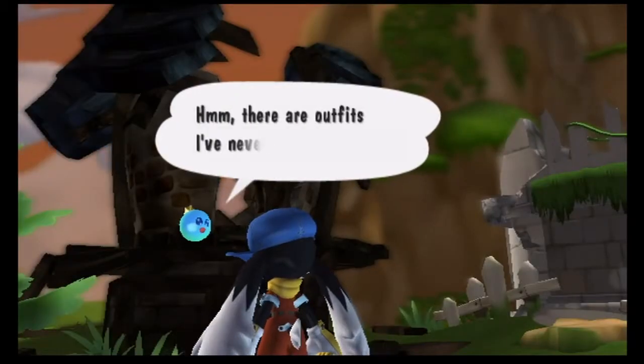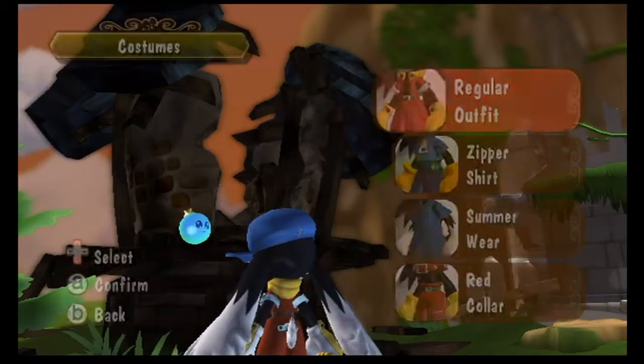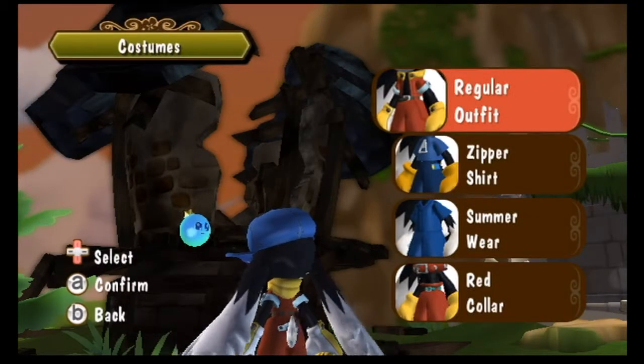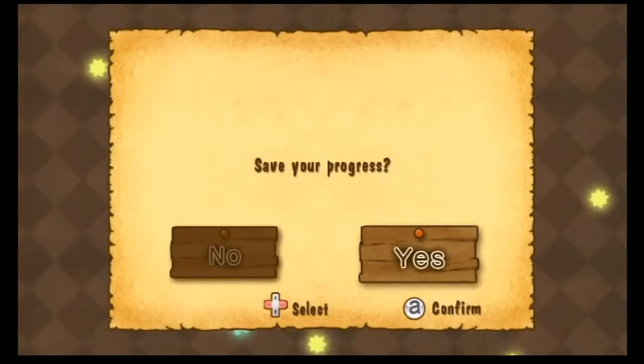There are outfits I've never seen before here. Yeah, there are just outfits that are completely intact in the exploded house. The zipper shirt is Klonoa's outfit from the 2000s, and I didn't really know that selecting it would actually...